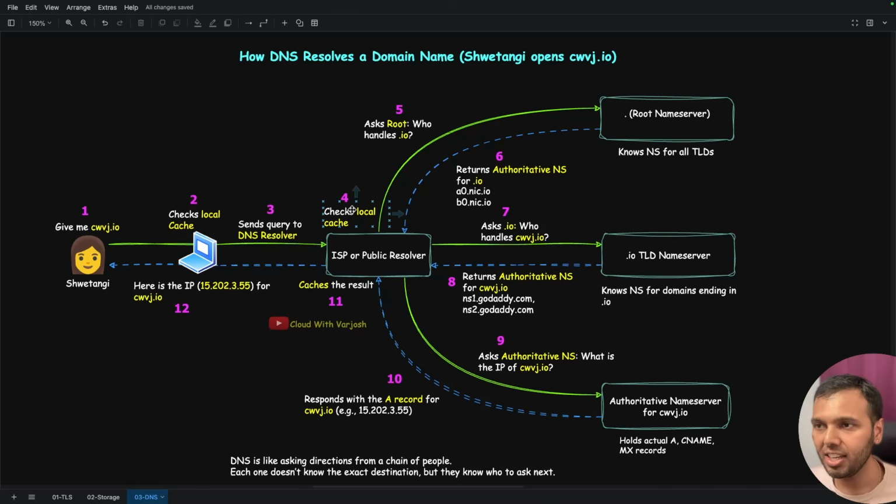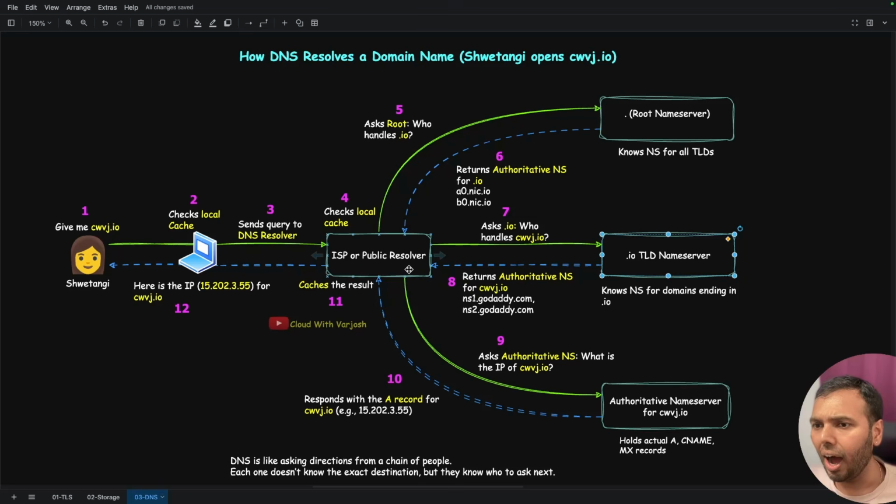It will say, I don't have that information in the cache, so let me reach out to the root. Asks root who handles .io. The DNS query goes to the name servers of root, and then root replies, these are the authoritative name servers for .io. It shares these servers here, and then your ISP asks these name servers who handles cloudwithvarjosh.io. These name servers respond with the authoritative name servers for cloudwithvarjosh, which are ns1.godaddy.com, ns2.godaddy.com,